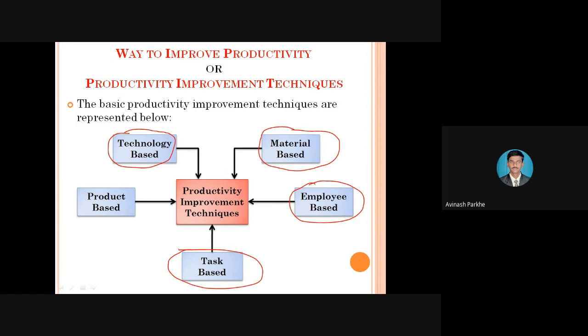Sometimes what happens is the operators are doing their job and they have to finish their work in 8 hours, but they are taking 10 hours. Means whatever task is assigned to them, they are performing it, but they are taking a maximum of 2 extra hours to perform that task. Their production cost increases, and automatically your productivity decreases.